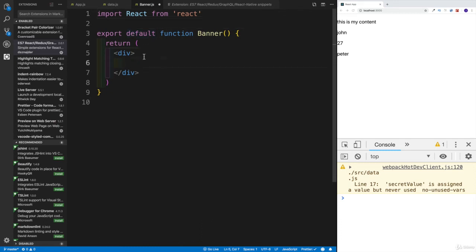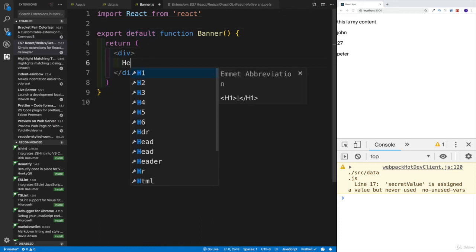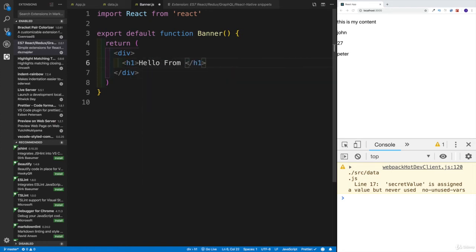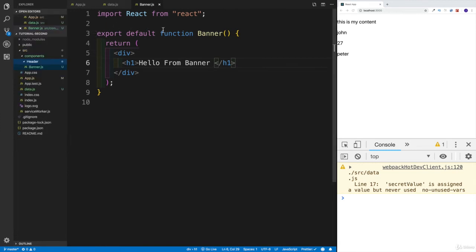And let's write something here. Let's say hello, or you know what? Let's do heading 1. This is going to stand out. Hello from Banner, my friends. So I'm going to save it. So far, so good. Everything is working fine. I can just close this. I don't need that. And then I'm going to swing back again to the app,